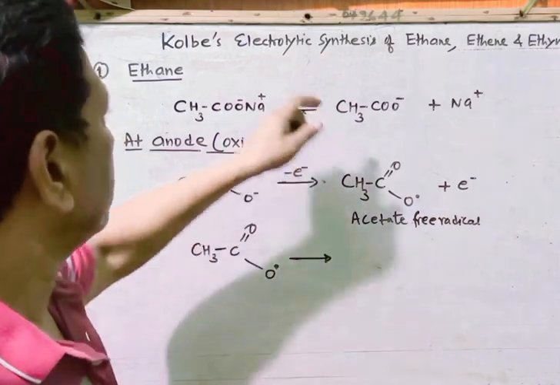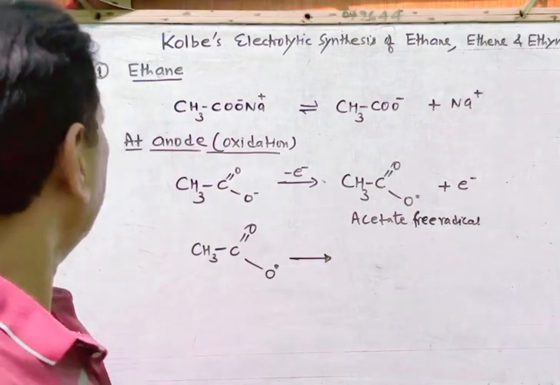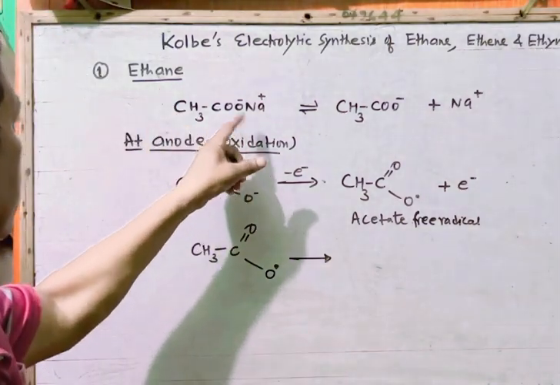Synthesized electrolytically: ethane, ethene and ethyne. At first, let us start with ethane. Ethane is synthesized from the sodium or potassium salt of